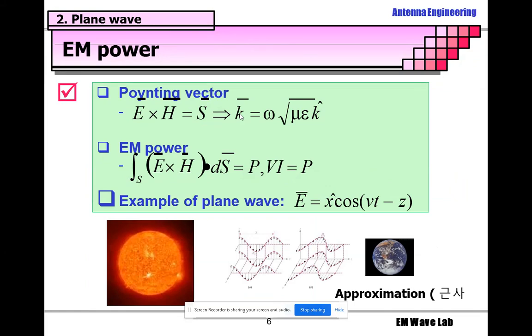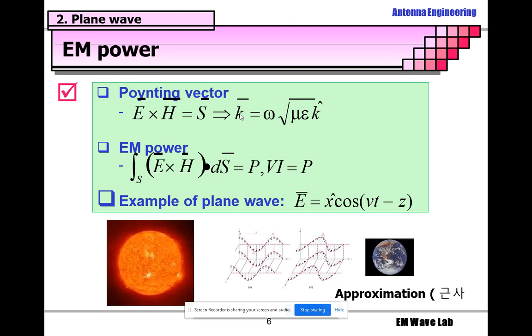Then EM power. So here Poynting vector, EM power, everything will be learned elaborately in the next topics. Okay, we are just going to note the equation in this class. So the Poynting vector theorem will be used here. That is nothing but the electric field with the magnetic field. We are going to take the cross product of the electric field and magnetic field. Okay, that is the Poynting vector. That will be learnt, or the theorem will be proved, in the future classes.